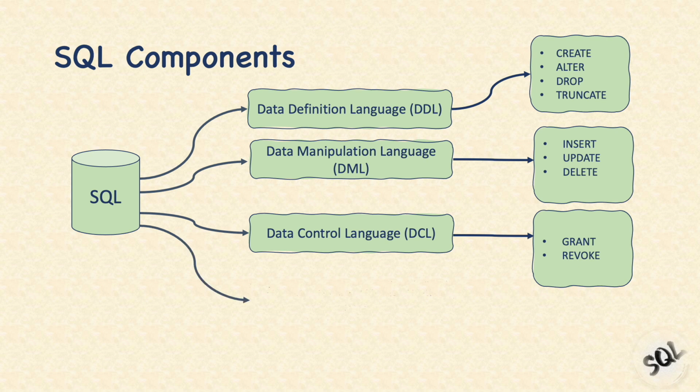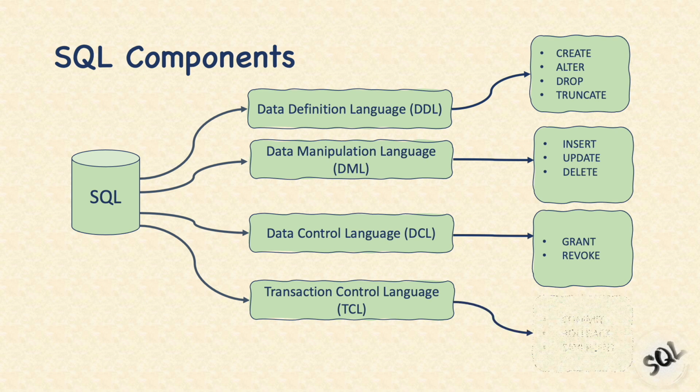The fourth component of SQL is Transaction Control Language or TCL. TCL manages transactions to maintain the consistency and integrity of the database. The commands that are associated with TCL are commit, rollback, and save point. The commit command is used to save the changes made in a transaction. Rollback command undoes the changes made in a transaction, whereas the save point command creates a point within a transaction